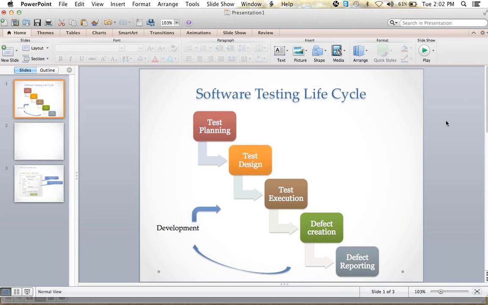So the software testing lifecycle will be in a similar manner to the STLC. In STLC, we first collect the requirements and then we analyze whatever is needed to go ahead with the project.